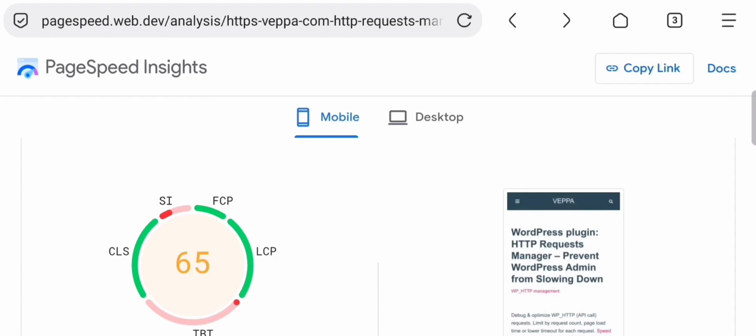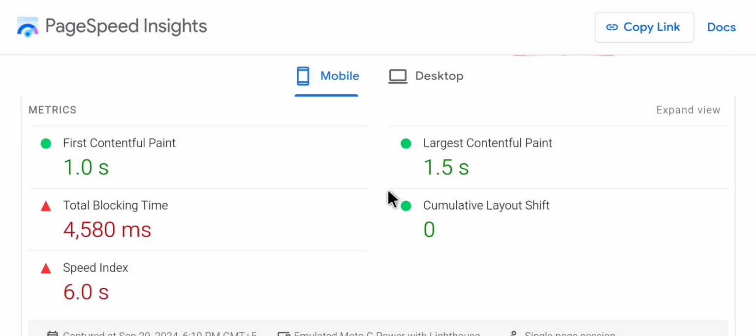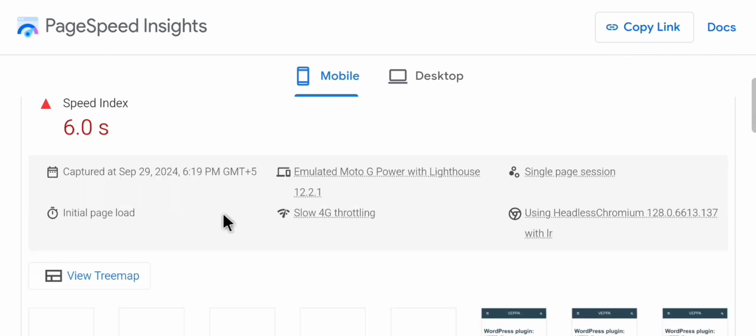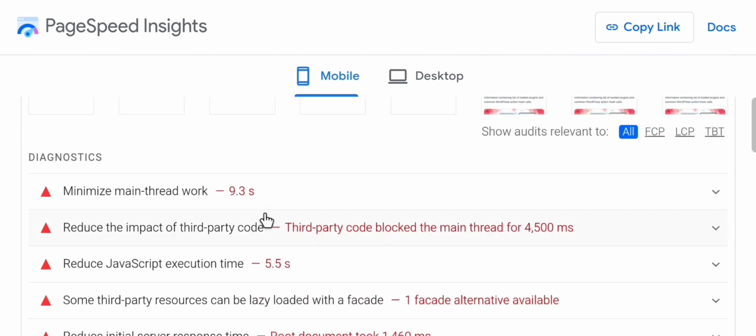First, let's check PageSpeed Insights and understand what we need to improve in order to get a higher score. First Contentful Paint is fast, and Largest Contentful Paint is okay. I have a total blocking time of 4.5 seconds and a speed index of 6 seconds. Blocking is usually JavaScript blocking page load time. So if you scroll down and see,